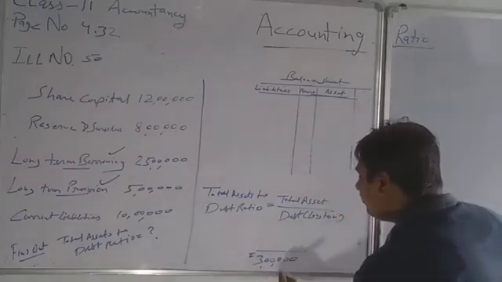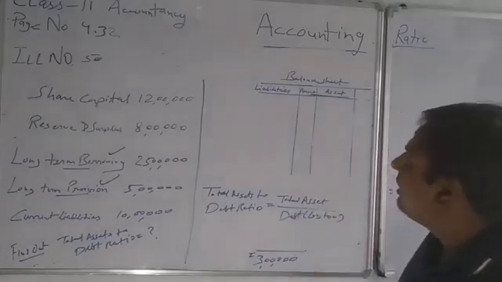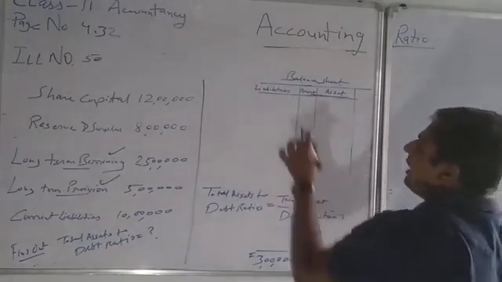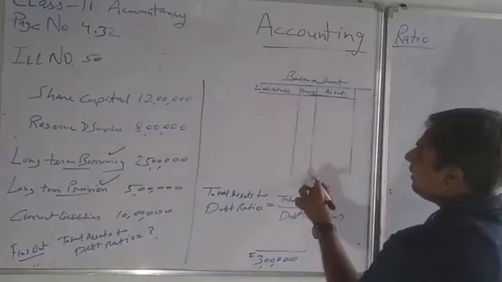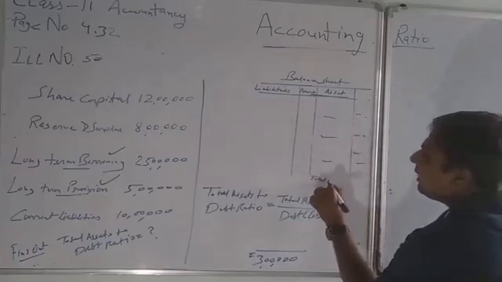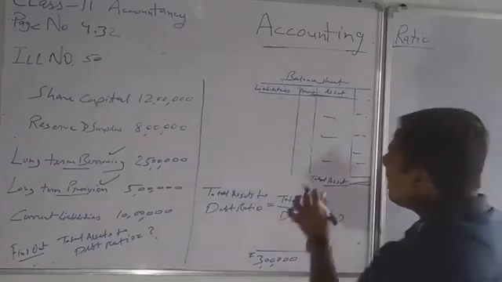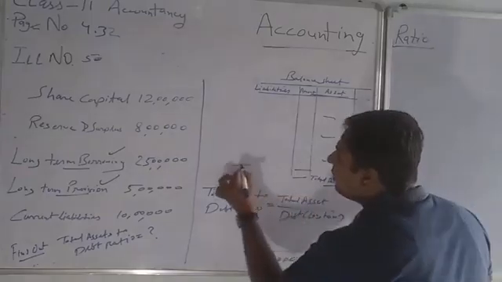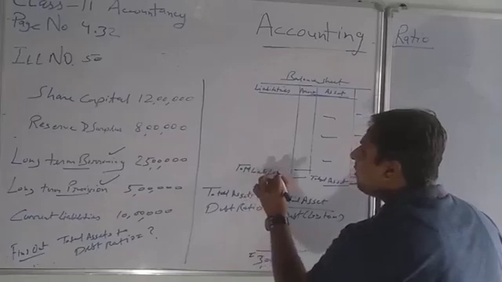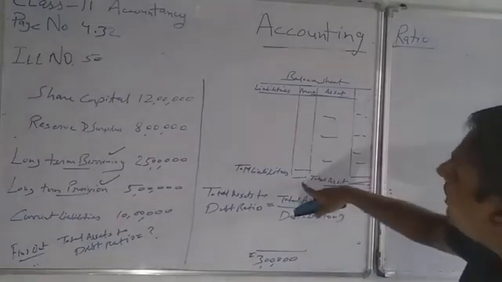Now we have to find the total asset. No clue is given to us. But one thing we note, I am telling you with an example. Whatever the total will come from this, here it will be written total assets. And that total assets is always equal to total liabilities. Clear to everyone? This total assets is always equal to total liability.